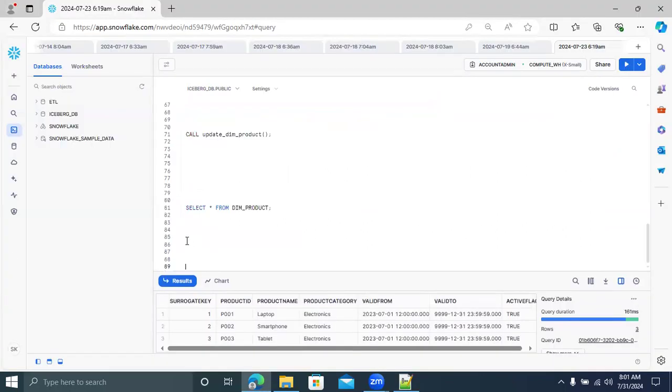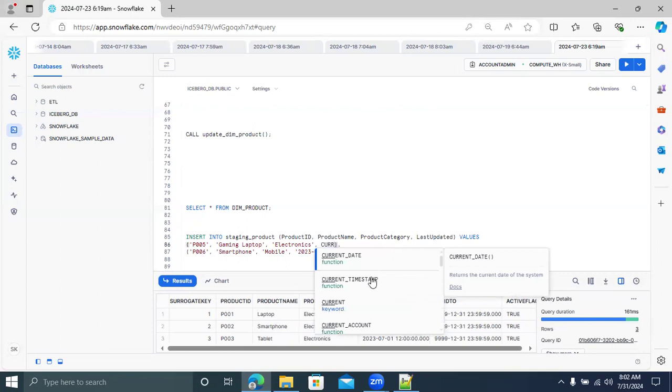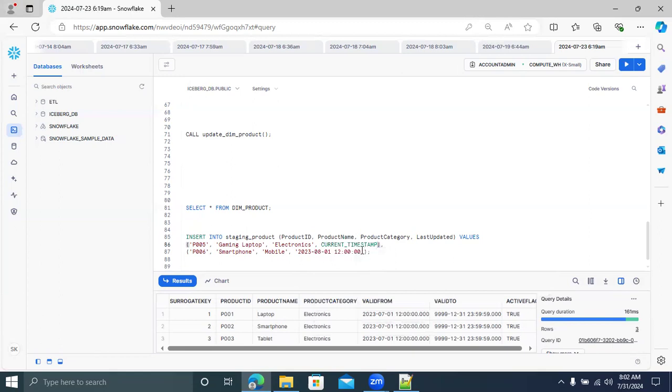I'm going to insert 2 more new records in which table, Sadish? The staging table. Okay, now good. I have product ID, product name, product category, and last updated date. What I'm going to do is put the current timestamp. There is one function for that. What function is it? Current timestamp, sir. It's going to give the date, month, year, hours, minutes, seconds, everything. You can remove these hard-coded dates and provide